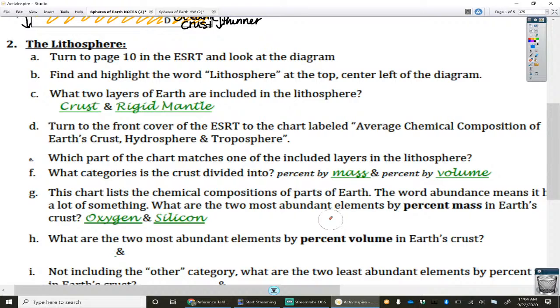So the next question I'm going to ask you is letter H. Use your reference table, same kind of idea, but now you're using the other column. So now not percent by mass, but instead percent by volume.